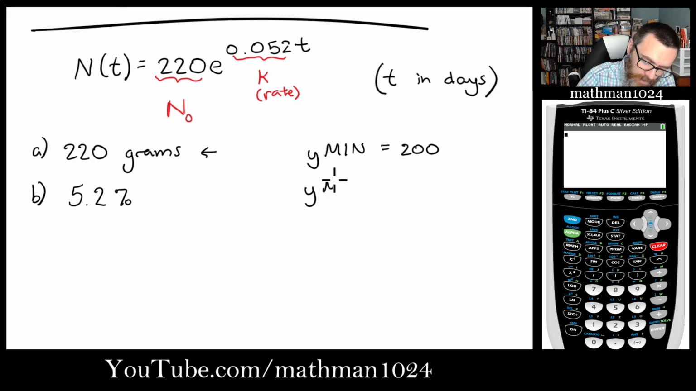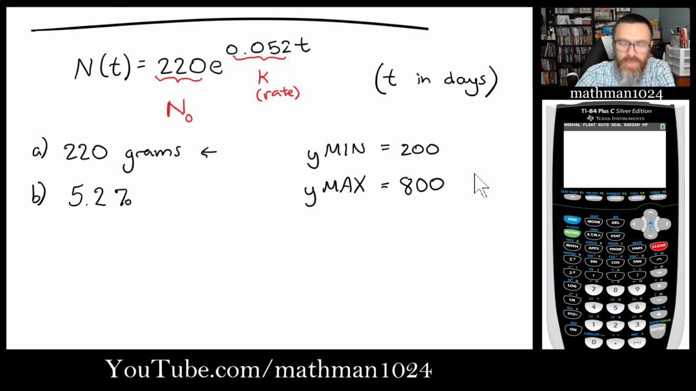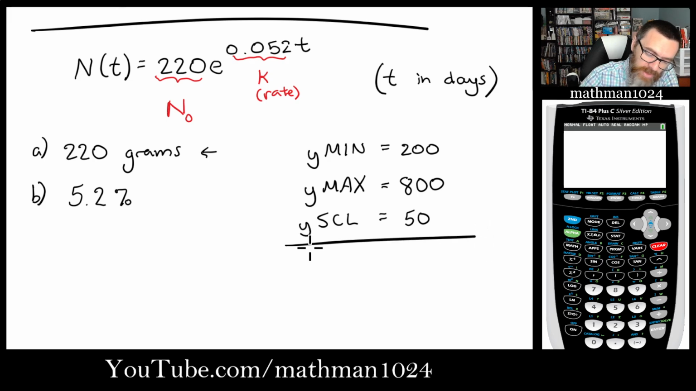And then for our y max, and this is where sometimes you just have to kind of play around with it, but let's say 800 or maybe 1,000, right? And then for the y scale, I think it looks like this. Let's say we're going from 200 to 800, so you might want to make it every 50, just make it look nice. And then for your x,